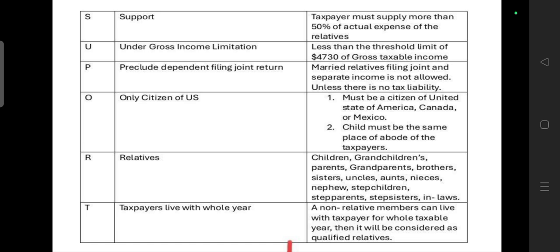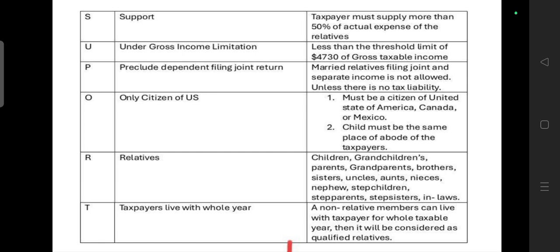Next, for other qualified people, what are the tests? We should understand the keyword: support. The taxpayer has to contribute more than half of the living expenses. We have already seen a lot of examples, such as rent and mortgage. For them, the income test is applicable. If my dependent relatives earn income, there is a threshold limit. If he earns above that, then he does not need my support. Actually, he is already independent, and we need not take care of him. So if he touches that limit, then he is disqualified.